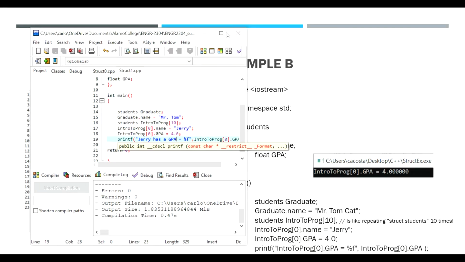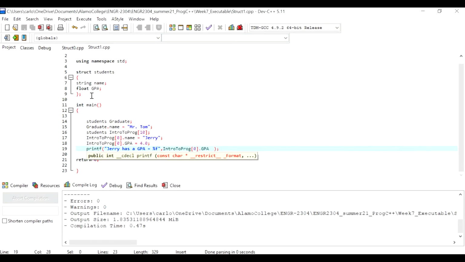So let's look at this code again. So we create the struct, which is going to be named students, or student. You can just remove it and just make one student, and plural. Just make sure you remove all the s's here. And then it's going to have a string name and a float GPA. When you call the struct, we're going to say students, and it's going to be called graduate. Therefore, when you access the objects, you're going to use graduate.name, which is going to be this, and